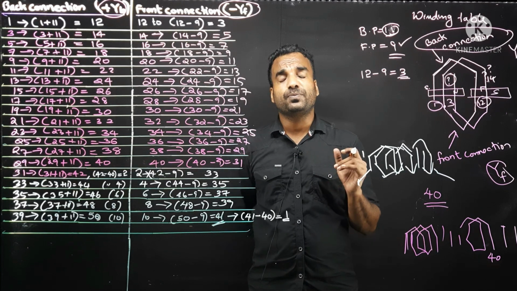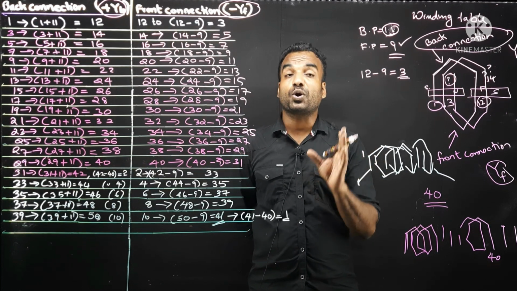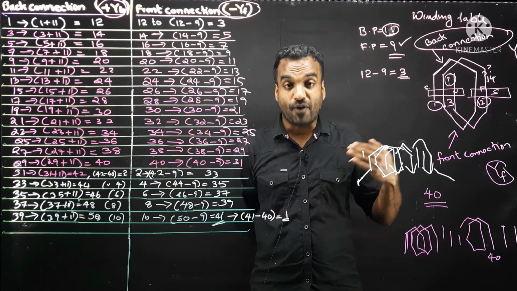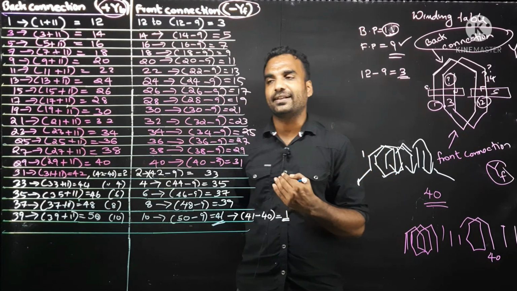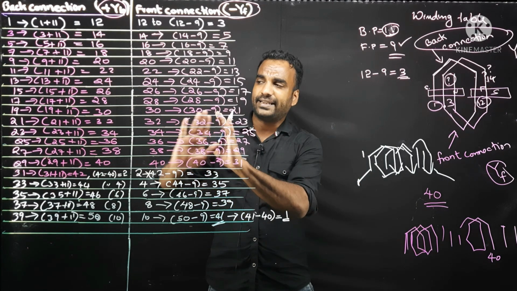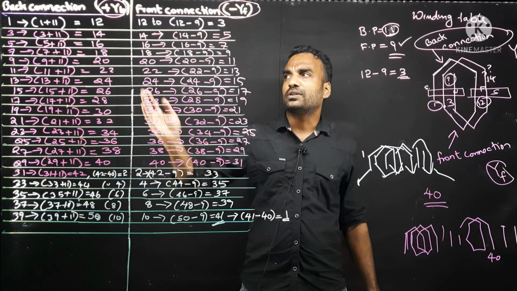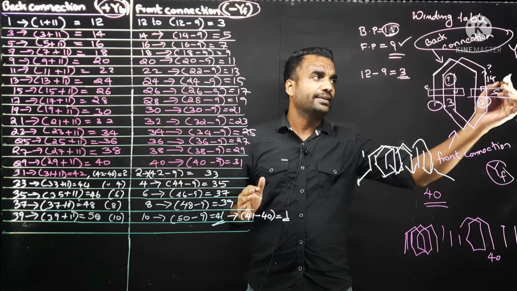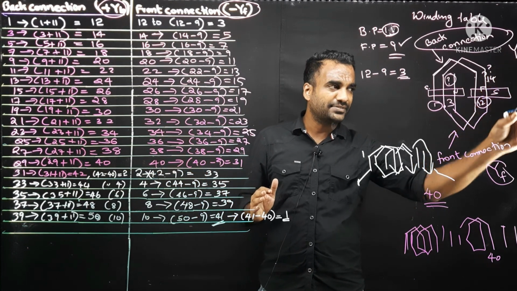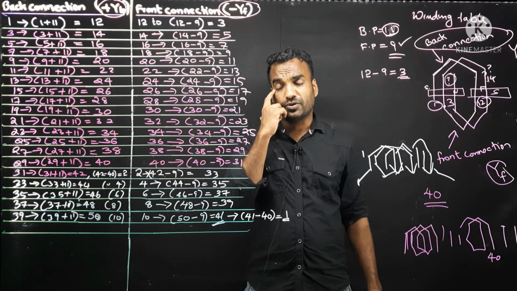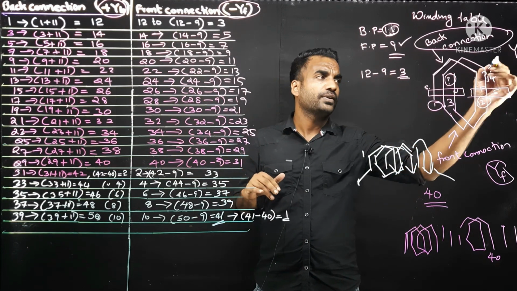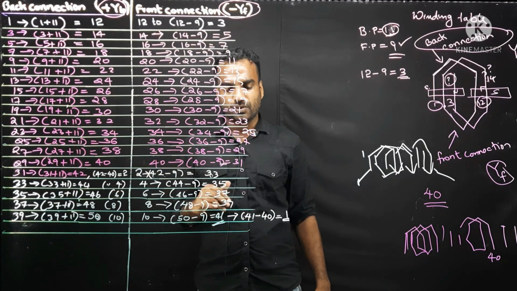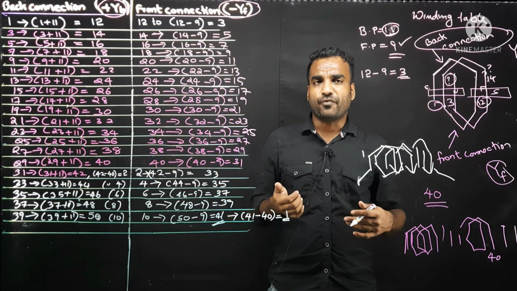So the winding table is over. Now we are moving to the winding diagram. We need to draw the winding diagram, so we may need the entire board to draw it. The table that you have, keep it somewhere on the left side of the board for quick reference. I will redraw it simply here, and then it will be very easy. Okay, so we can move into the winding diagram.